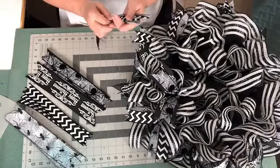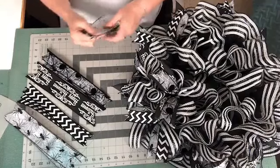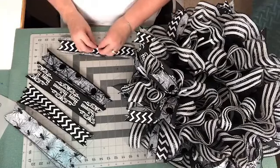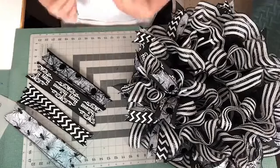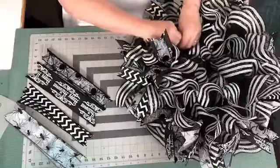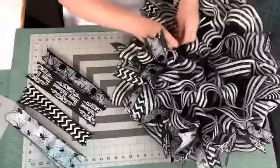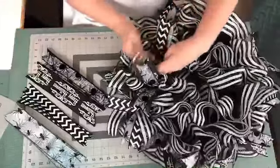The hurricane is supposed to be coming to our coast. We are about 2.5 hours inland. We usually get the outer bands of it, which can do some damage too. We've had some damage before from several of them. But this one is projected to come inland, so that was the last thing I saw. It was going to come inland more. So hopefully it changes path over the weekend. I don't know how likely that is, but